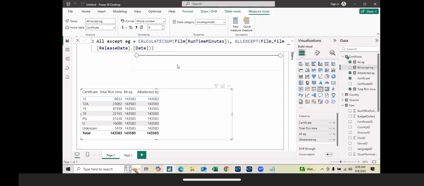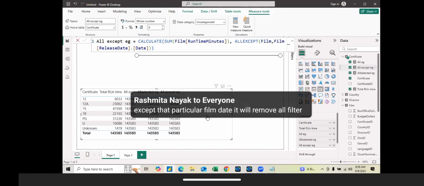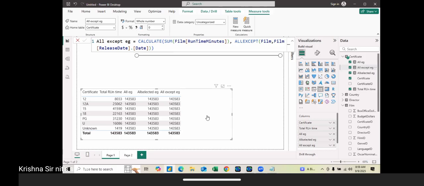Opposite to the ALLSELECTED. Okay, let's try. Let's add the ALLEXCEPT example to the table. What did it do? For a particular film, it will remove all filters, exactly, except that particular film date. That means any filter coming from the release date, it will